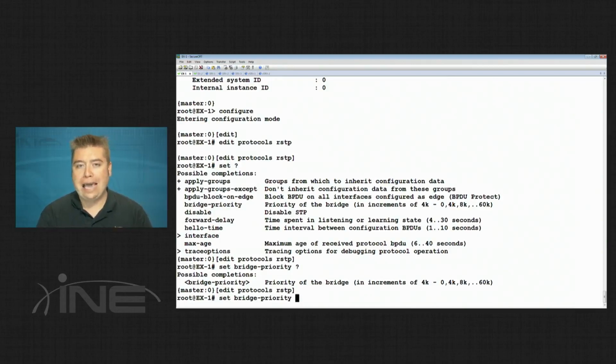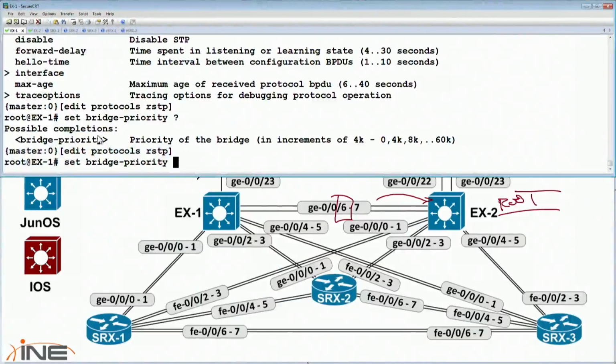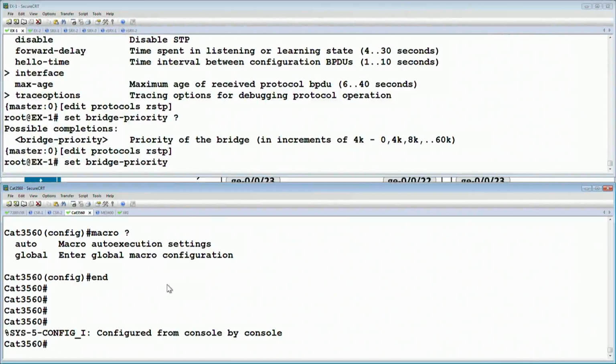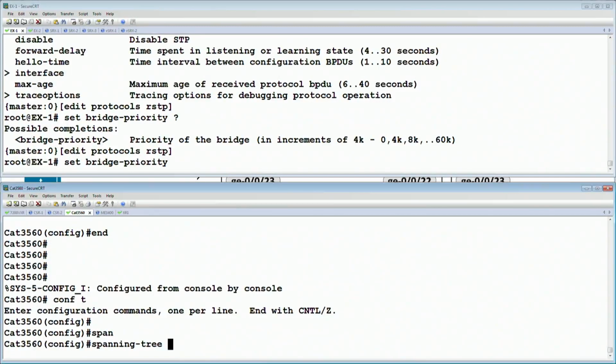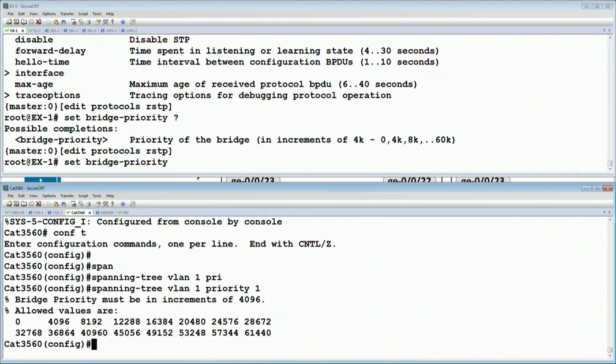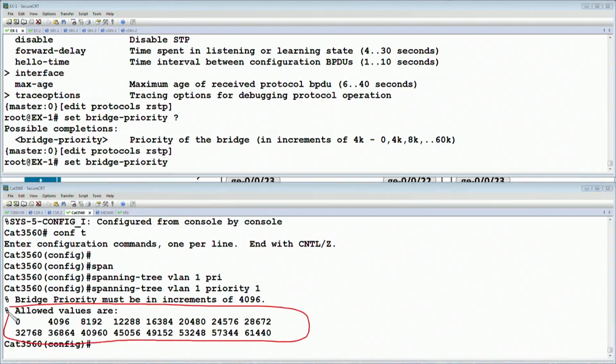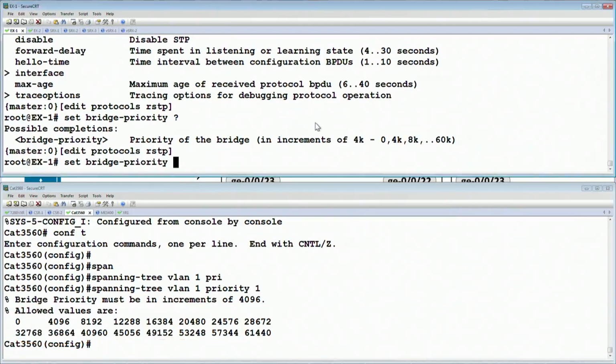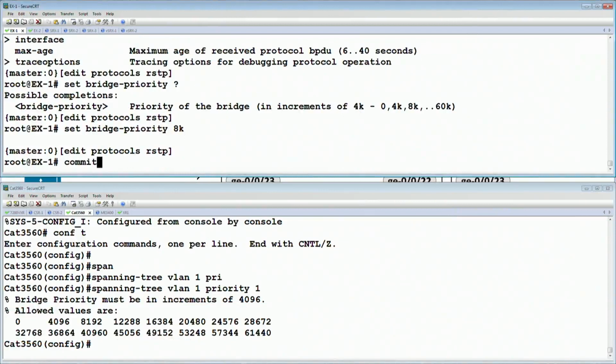But when you look at this in the Catalyst implementation, in Catalyst you have to specify exactly what the priority is. For example, if we said spanning tree VLAN 1 priority 1, it says you can't do that. You have to do it exactly in these ranges. JunOS simplifies this a little bit, where instead of saying 8192, it just says put 8K, and we know really that it means 8192 because it's 4096 times 2. So if I were to say that the bridge priority is 8K and then commit,